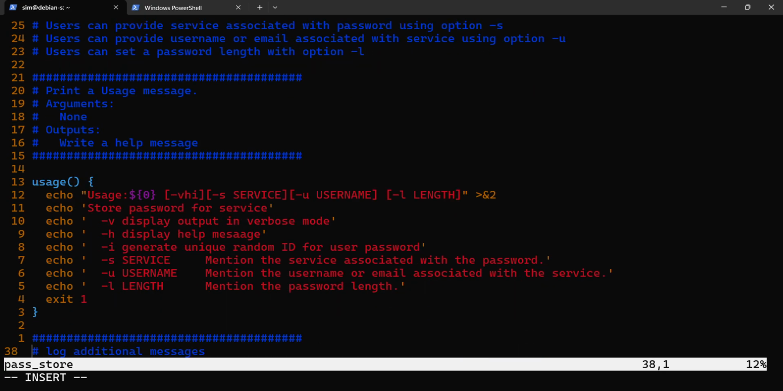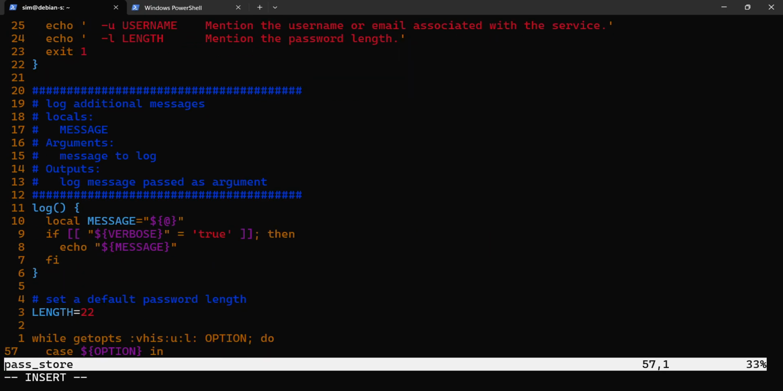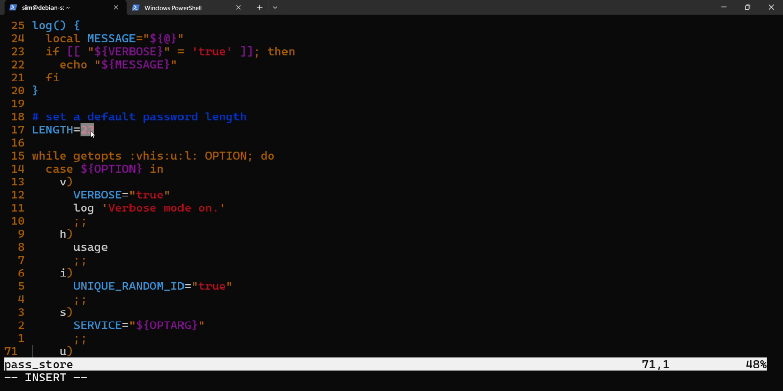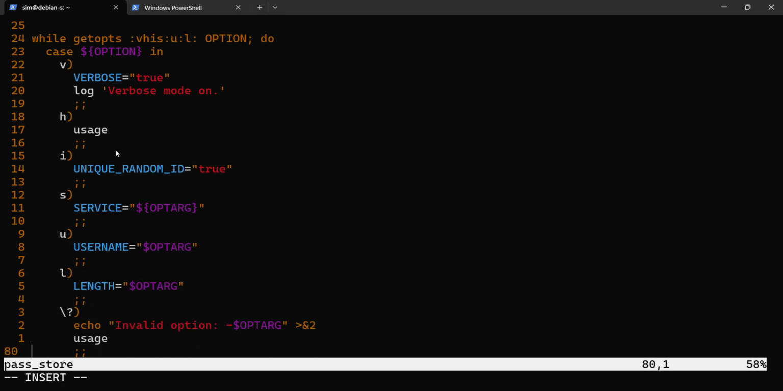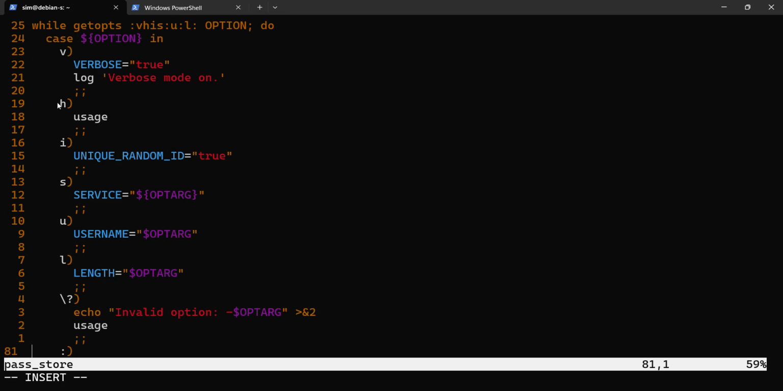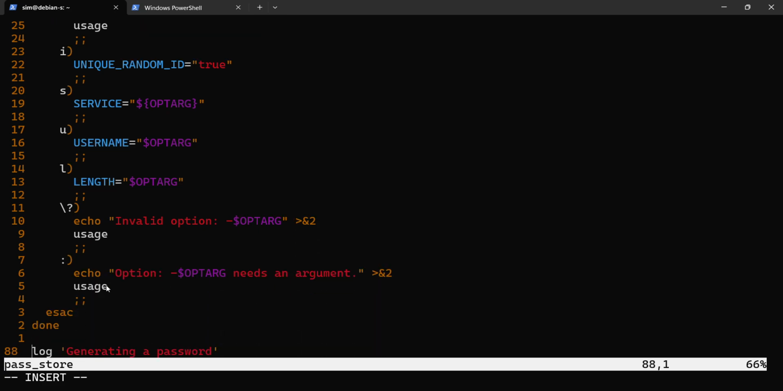Okay. We use usage function and log function just like the previous script. We set the default password length here as 22, using while getopts to parse the command line options. Here's the case: option V is setting verbose mode to true, H is calling usage function, I is setting unique random ID variable, S is setting service variable with the value coming from the argument alongside the S option, then assigning variable username using option U, assigning variable length using option L, and further